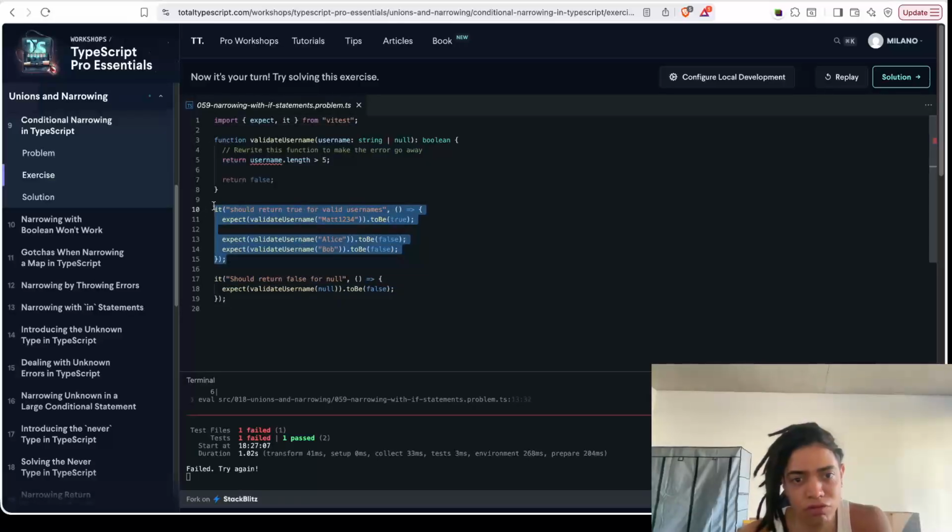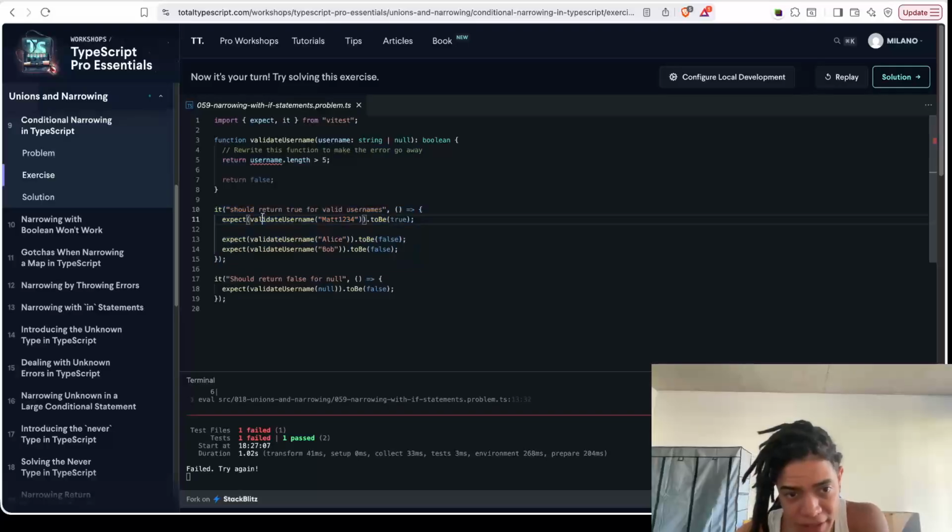So it should return true for valid usernames. Expect validateUsername to be truthy. I want you to have at least a length: validateUsername must be greater than 5 characters. Of course, this is false. And if you pass null now, it must be false. And here, what happened is,